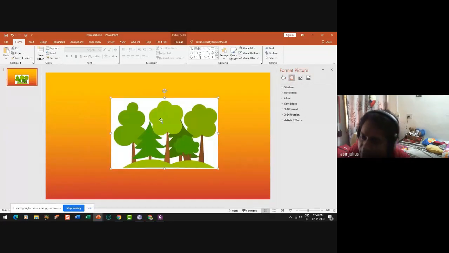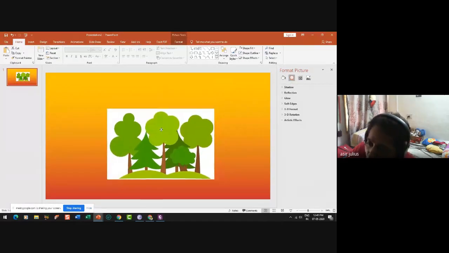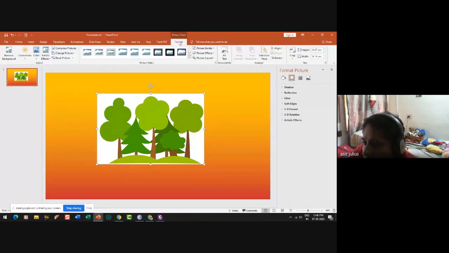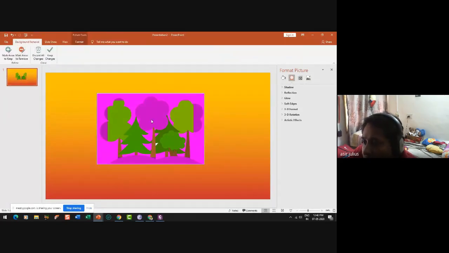Now let me take out one picture, and now I need to remove the white background of this particular image. Then only it will appear very normal. So to remove a white background, I have just selected it. Once selected, this picture format tab will open. I am just clicking this. On the extreme left, you have one option called Remove Background. If I press this Remove Background, it shows some options here, but it is not up to our expectation.